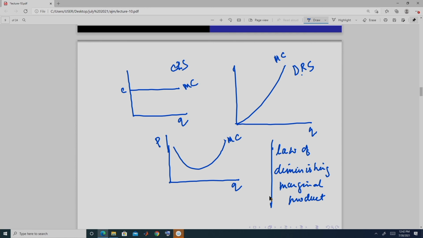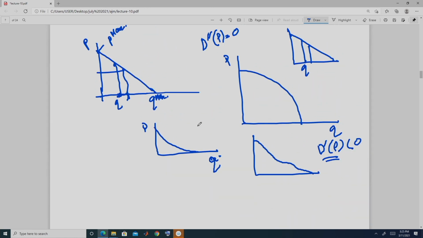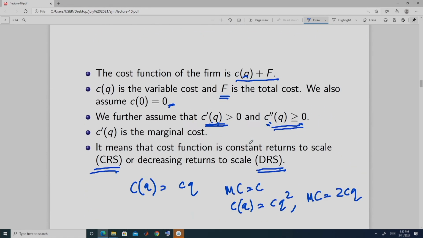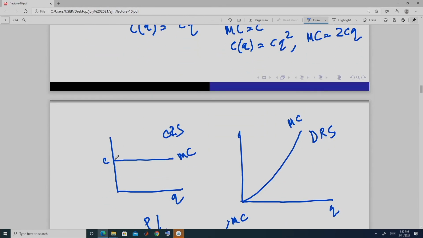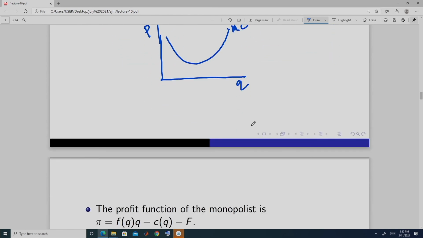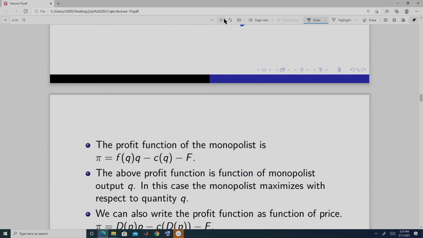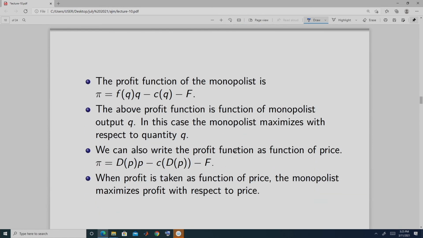We know the demand curve in the market is of any one of these forms, and the cost curve, marginal cost, is either this or this. Okay. Now, we specify the objective of the firm. The objective of the firm, we know, is to maximize profit. Now, we can specify the objective in this form. So, this portion is